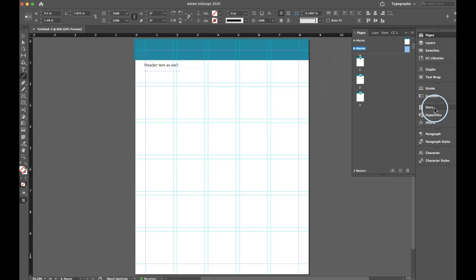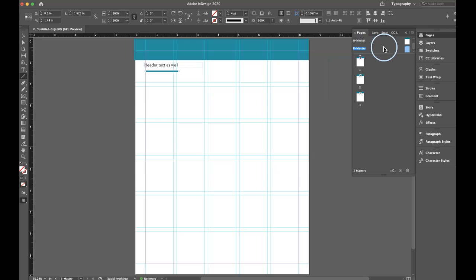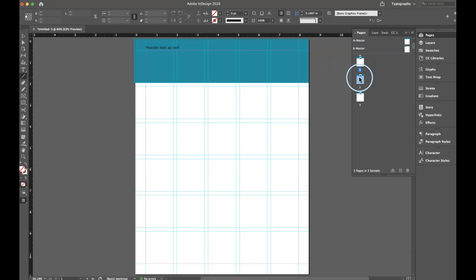And I added a rule under there. So I'm going to go to stroke, increase the size of that rule, and see B master's there. But if I look on pages 1, 2, and 3, they still have the A master, so I'm not seeing